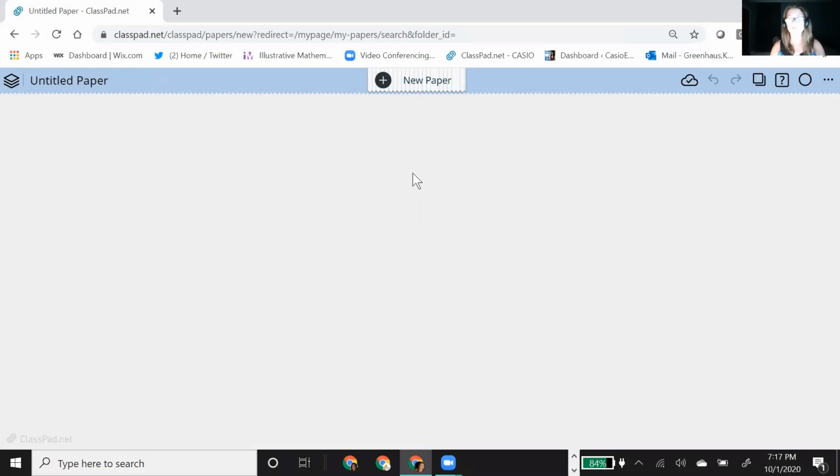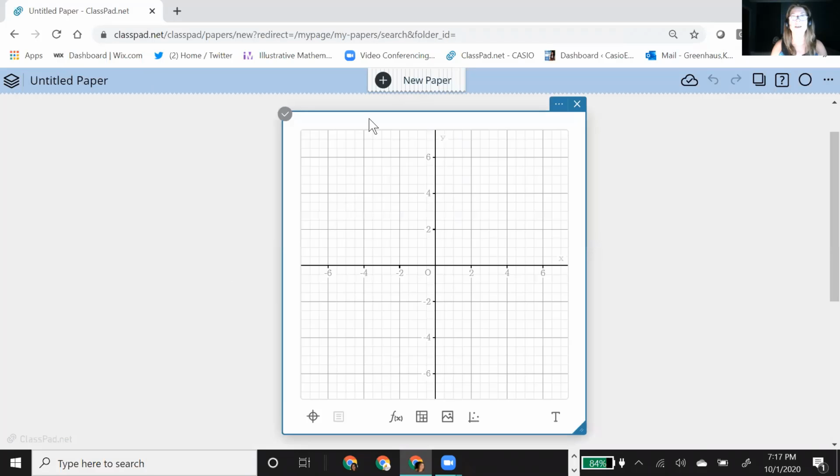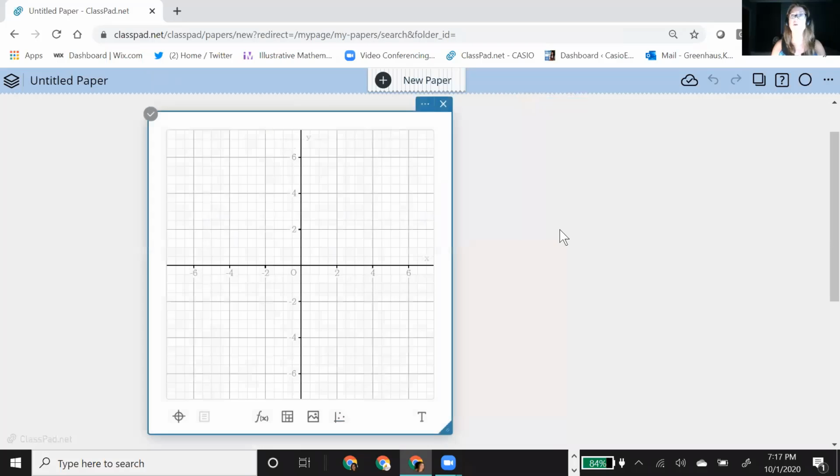So in whatever time I have left, and I'll go over if I want, I'm going to pull up a graph, and I'm going to try to show you how you can really work with students to be creative, make an art object, and use sliders to move images. Because if you notice, those of you who've not played with ClassPad, we were entering functions, but you can also enter images, and we can use images with sliders to control the movement of those images.